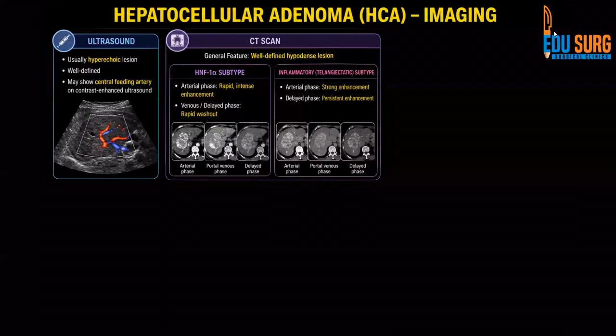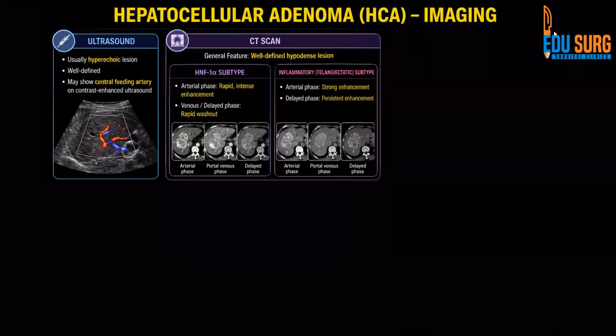So coming to imaging, ultrasound is usually the first test that shows you that there is a liver SOL. These lesions can be hyperechoic, well defined, and may show a central feeding artery in contrast enhanced ultrasound. CT scan, if you do after an ultrasound, though I must confess that these days when you see a lesion in liver, the modality of choice is MRI liver protocol. We have a separate video on CT, MRI as well as MRI liver protocol. Have a look if you have not seen it in the past. There are also videos on the basics of MRI that you need to understand if you want to start diagnosing